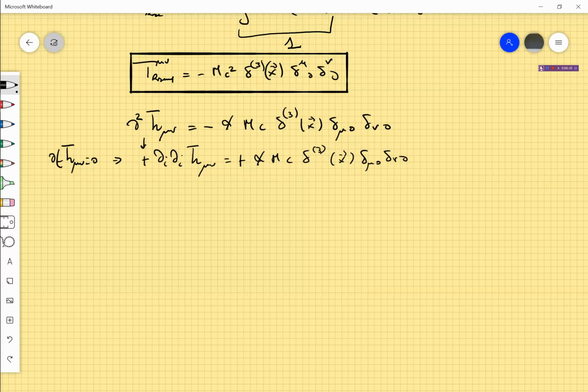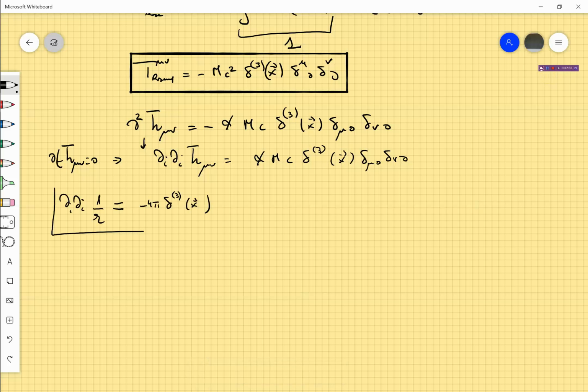And well, we can assume that the only thing that has a non-trivial solution is h bar 0 0, because this is the only non-vanishing component of the source. We know that the Laplacian of 1 over r